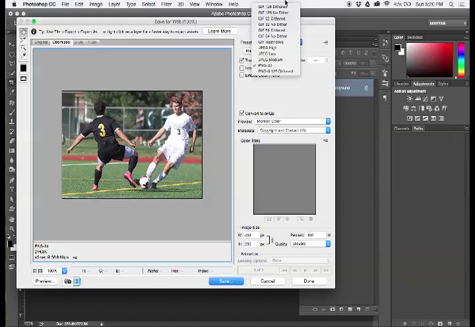JPEG stands for Joint Photographers Expert Group. They're the group that came up with this whole file format of a JPEG so that they can make a nice clean compressed file to send to somebody. GIF stands for Graphic Interface Format. That is another file format that we can put on the web that is a compressed file format, but GIF file formats are a